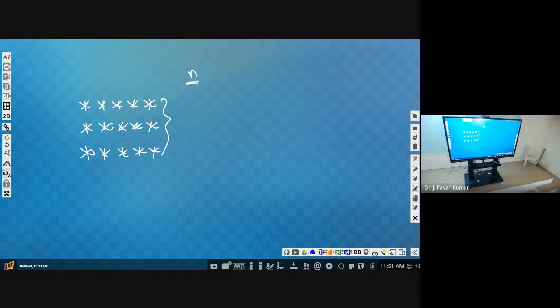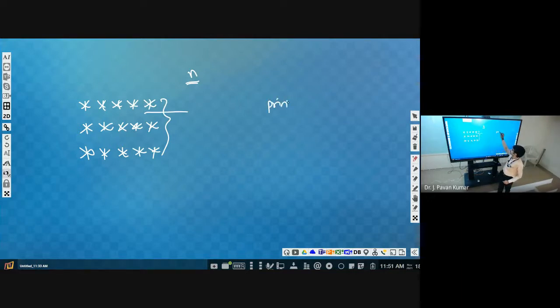To print this particular one, what can we do?